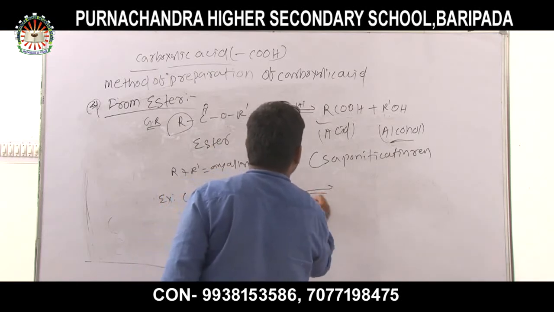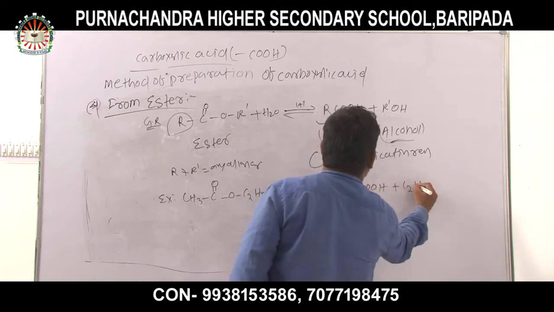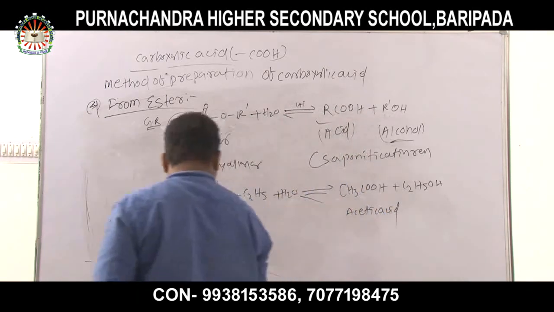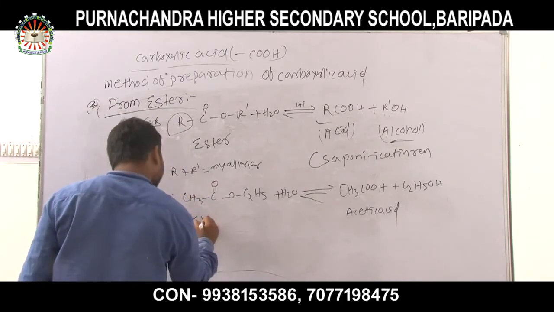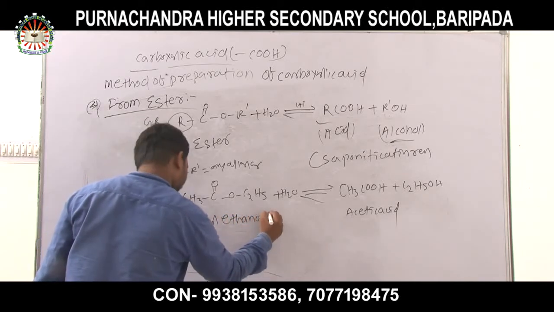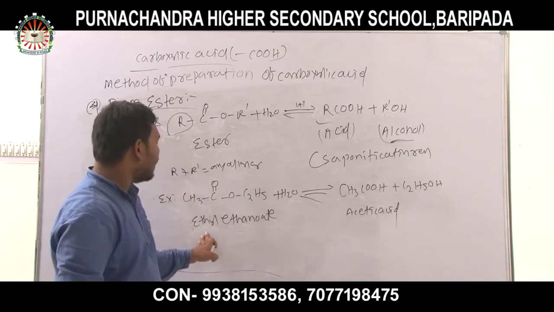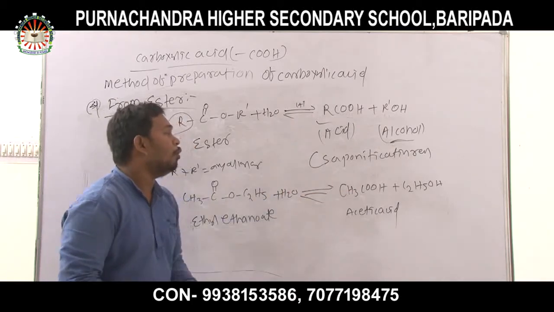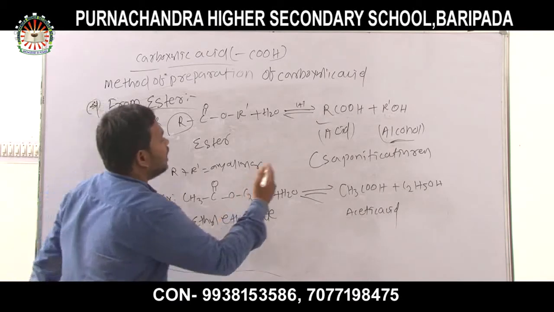undergoes hydrolysis, then acetic acid can be formed. That's called ethyl acetate or ethyl ethanoate. When it undergoes hydrolysis, then an acid is formed along with alcohol. This is also called a saponification reaction. The reverse is called